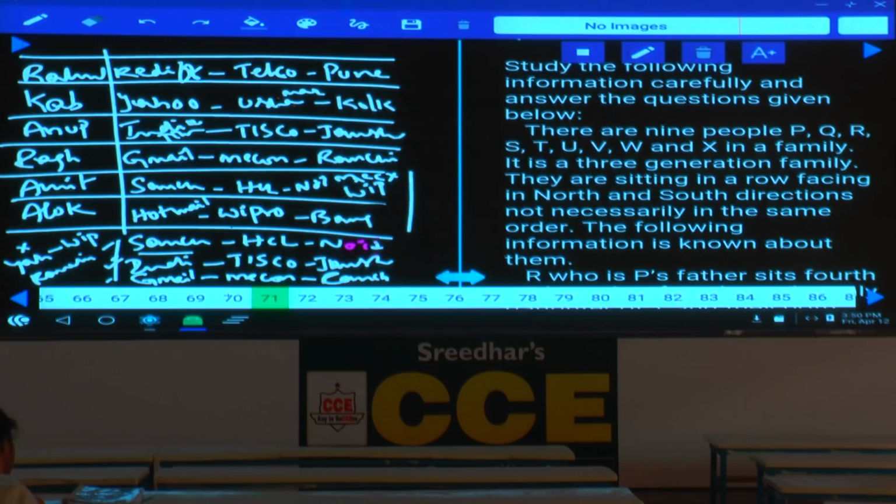Now these 9 persons are related to a family, and these 9 persons are seated in a row, and at the same time, these 9 persons were seated in different directions. Some of them are facing towards north, and some of them are facing towards south. Done? Then, what about condition number 1 here? Now in this one, condition number 1,